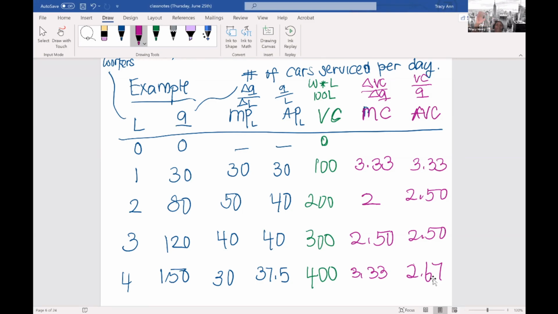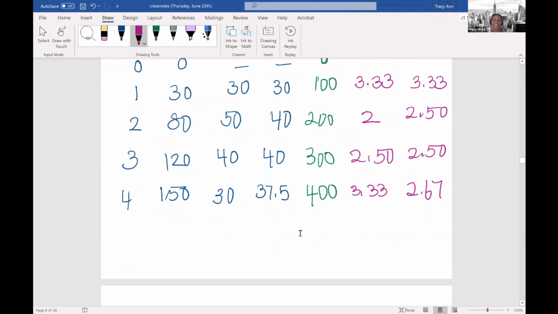Now, I'm hiring, but on average, I'm getting less and less and less out of my workers, then now my cost is going to start to increase. Because now the marginal productivity of my additional worker is going down, but I'm still paying you the same amount of money to produce less than your predecessor, then my cost is going to start increasing. So there's an opposite relationship between your marginals and your averages that will allow you to say, I mean, if